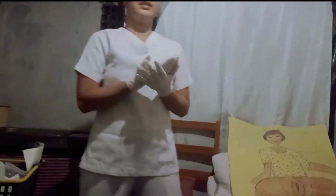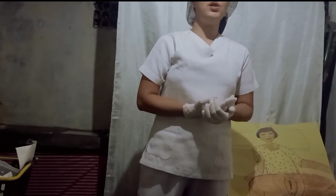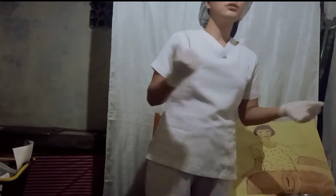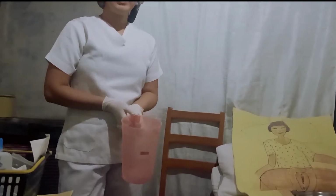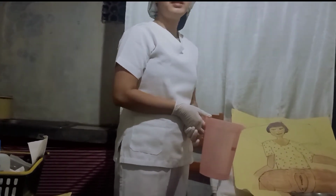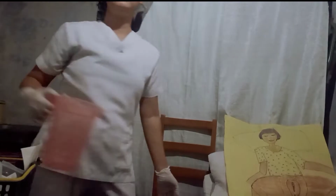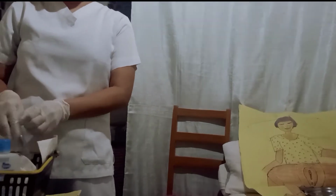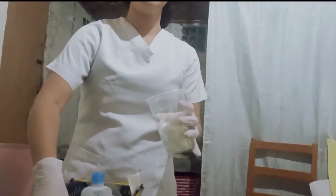The rationale of this is water dissolves or dilutes dry secretions, emulsifies fatty substances in the skin, and reduces the ability of the microbes to grow and multiply. Then flush the area with warm water or a mild soapy solution until the area is clean. Number 12 procedure is, then with the cotton balls soaked in soap solution, wash the mons pubis,